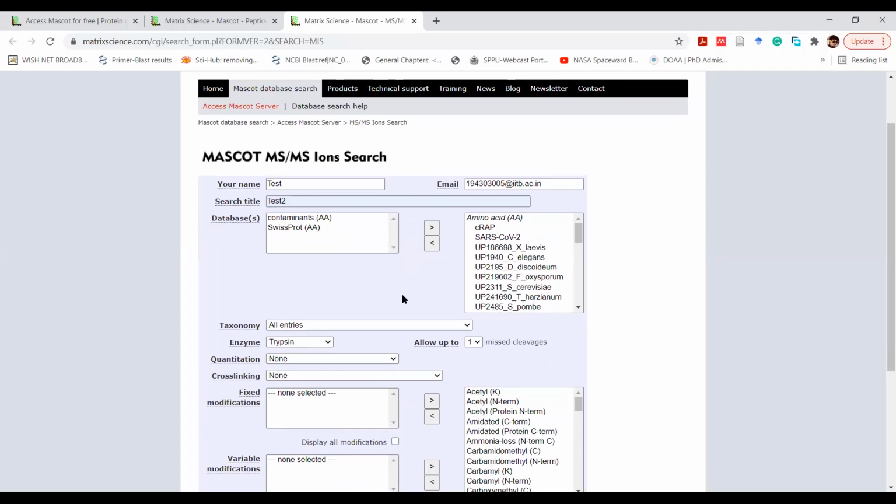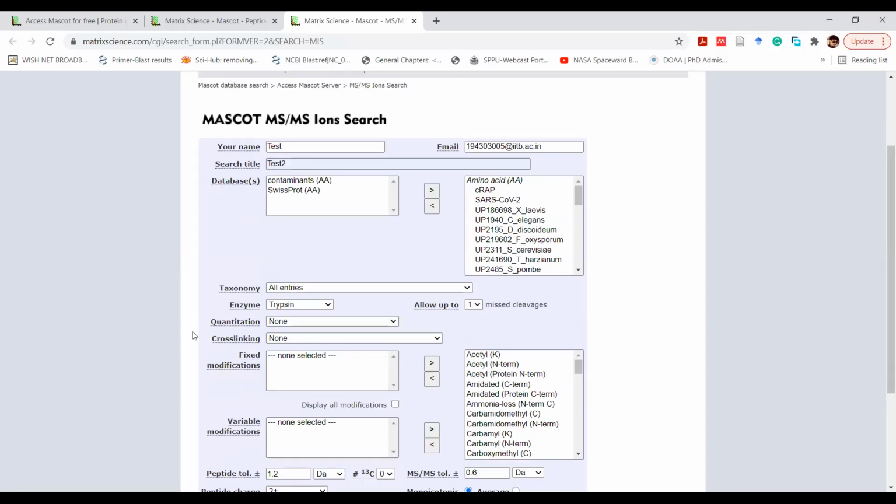So that's it. And contaminants we also prefer to enter, because no matter how accurate we try to be in our protein extraction, still some contaminants, maybe our hair, maybe some dust, maybe anything else might be present, and the search engine might say that that is your protein. You don't want those to come, because that's not your target. So that's why we generally put the contaminants database as well. Okay. So contaminants is there to exclude them, not to include them.